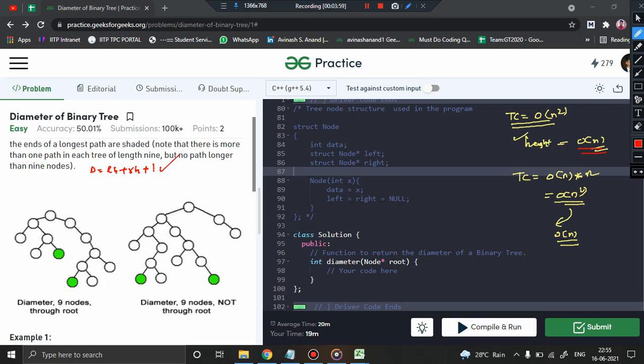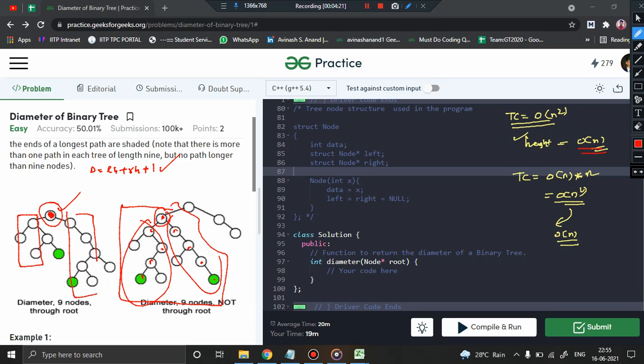Now for this particular case, left height, right height plus 1. Here the path is passing through the root node, but it may not always be true. So in this case, it is passing through this node, isn't it? Again it is the same thing for this subtree. If you consider this subtree, what is it? Left height, right height plus 1. Got the point? So what we are going to do is use our height function that we used to compute the height of a tree, right? We will not use the diameter function, we will just use the height function to actually find out what the diameter of this tree is.